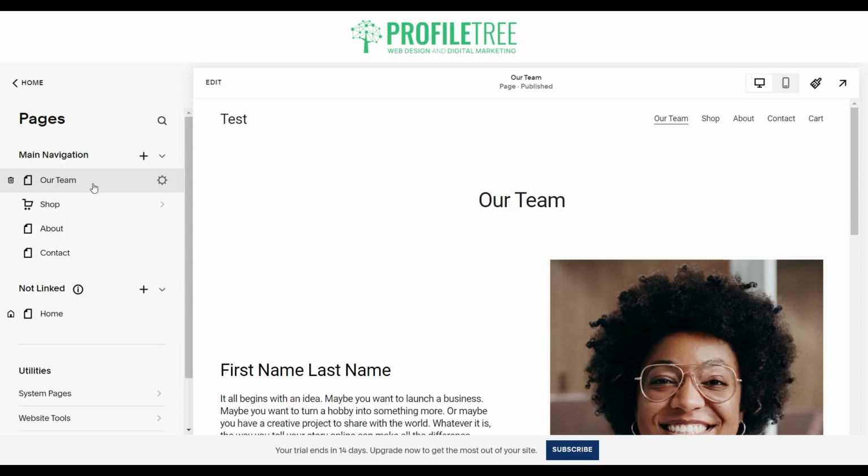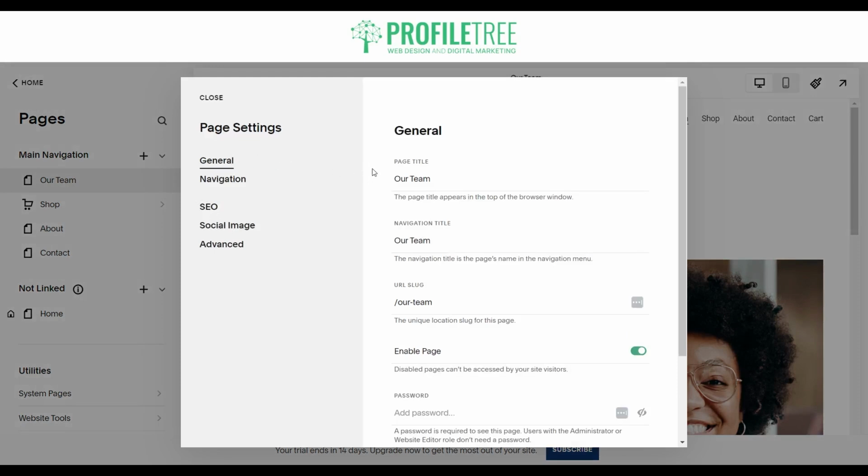So one thing that you do have to note is you have to be careful when it comes to the SEO of the website. Make sure that the actual page name doesn't just say general 1, or it actually has a meta title and a meta description. The best way you could figure that out is clicking on the gear or the settings just below the page itself. So if you click on it,